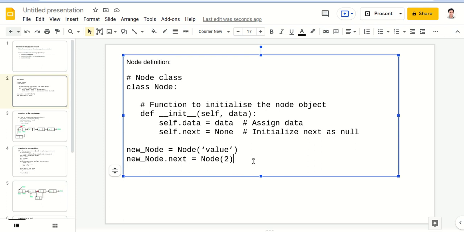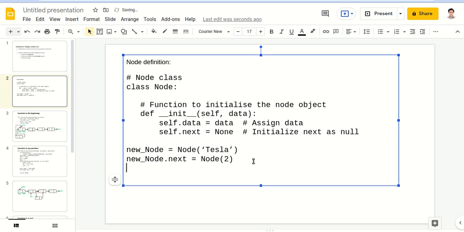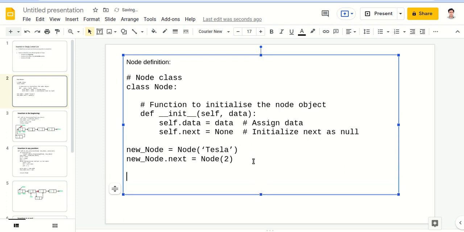So the linked list will look like this: first the head node, then 2, and then None.